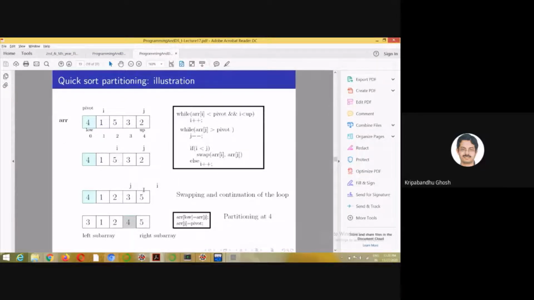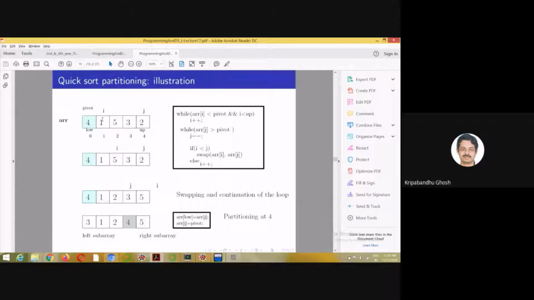It was greater than pivot here, because after the swap it was 5, and it has come here. Since i has overtaken j, i would have come here, and the loop terminates. Whenever i has crossed j, the loop terminates.